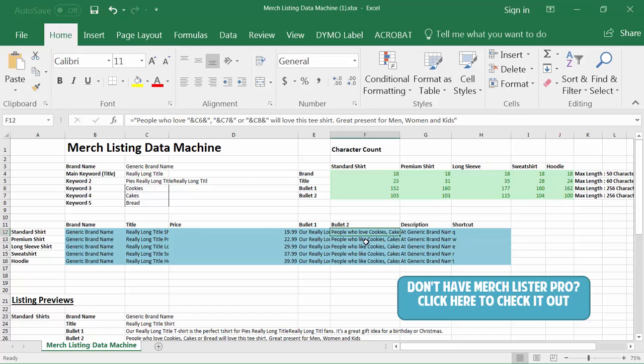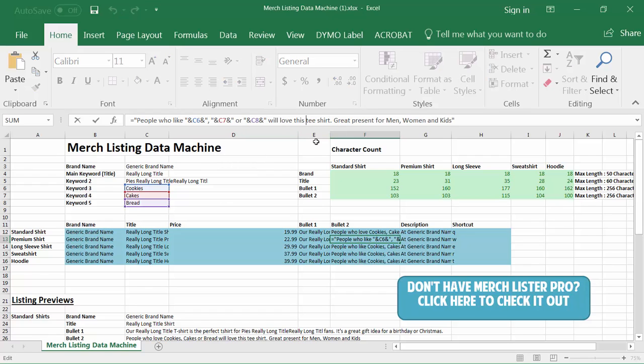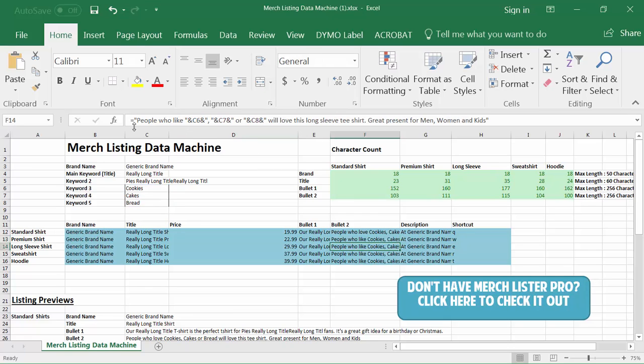On this one, it's not going to go all the way across, and so you can customize those. So if you say, all right, this one says this T-shirt. If you wanted to say this premium T-shirt, you could do that too. You just add in some characters. You want to just make sure that it's always going to say equals. It's going to start with a quote. It's going to end with a quote. And anytime it inserts one of the keywords, it's going to have a formula like this. And so you can rearrange these things as much as you want,